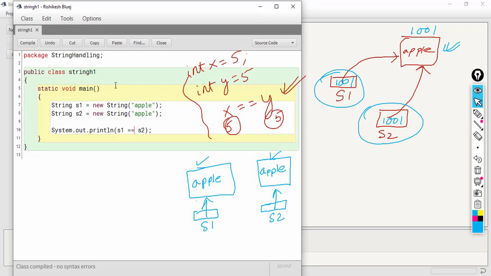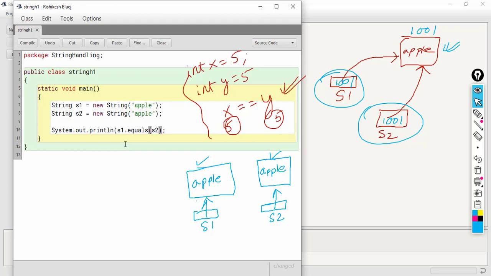So this makes it clear that this equal to operator checks the address that is stored in the strings. That is why we should always use dot equals if you want to check the values.